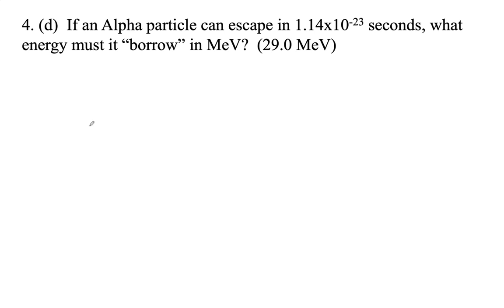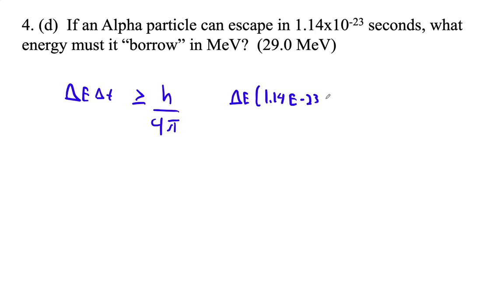Okay, so this is a Heisenberg uncertainty question, right? The one we're going to use here is ΔE·Δt is greater than or equal to Planck's constant over 4π, or just h-bar over 2. And so we just need to solve this. So the uncertainty of the energy, and this is the energy that we need to borrow, times 1.14 times 10 to the minus 23 seconds is equal to